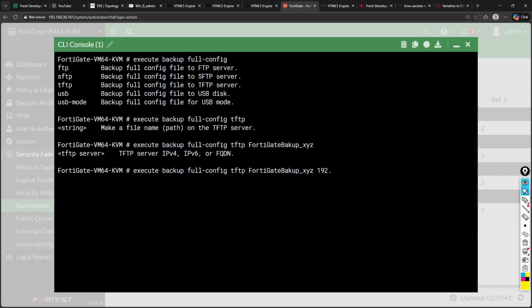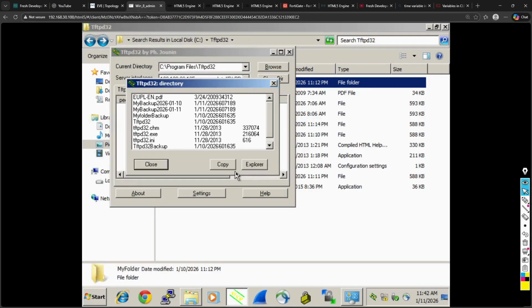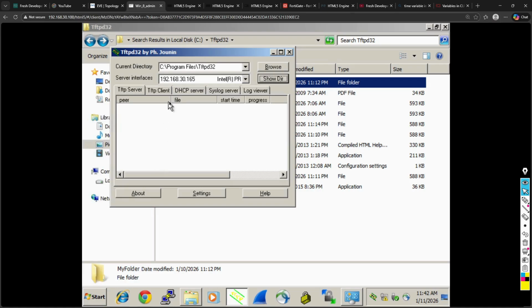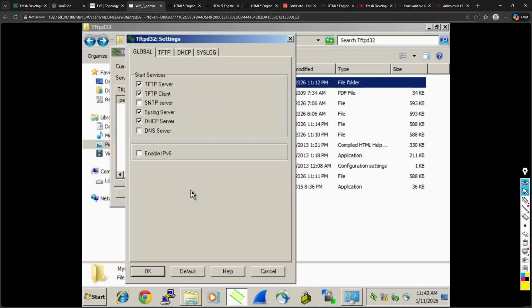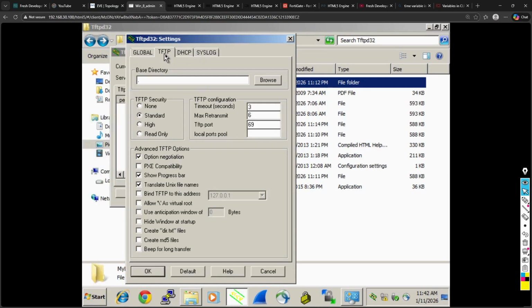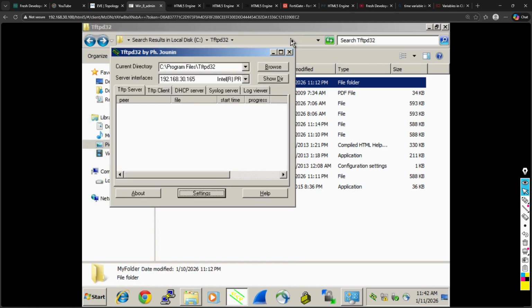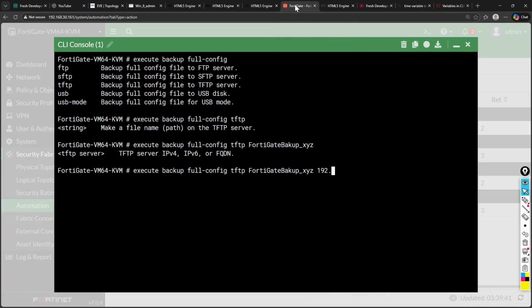So for example, if I'm using the TFTP, which port do we have? You can see it here in the TFTP server settings: the TFTP port number is 69. So if it is using the default port, you should make sure that port 69 is allowed. If you are using SFTP, make sure that port 22 is allowed throughout the path from your FortiGate